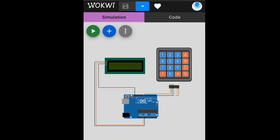In this video I will show you my coffee shop Arduino project where all you need is a keypad, LCD and Arduino Uno. So let's start the simulation. First, when we run it, it shows Rayan's coffee, select an item. After that, you wait a while